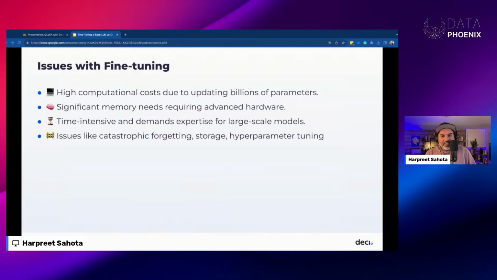This is great, but it's not without an entire set of limitations. There are some issues with it. Full fine tuning is updating all parameters of a large language model. So this is going to require an immense amount of compute because we have billions of parameters. Even on small data sets, this becomes really costly and time intensive. When you're spending time on GPUs, time is money, right? So it ends up being costly.